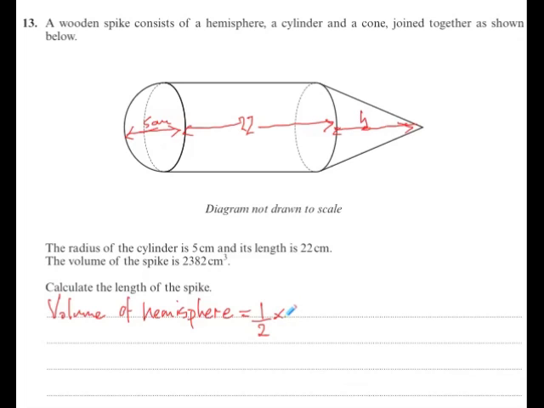If you look at the beginning of this paper, it will give you the equation for the volume of a sphere, which is 4/3 pi r cubed, and that is equal to